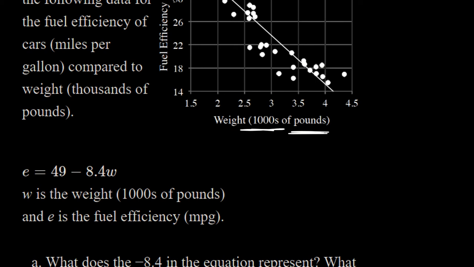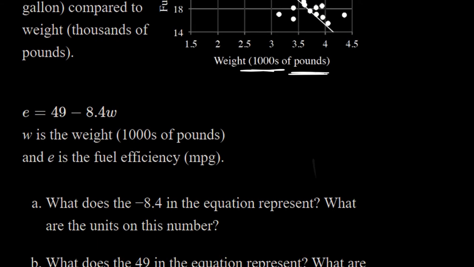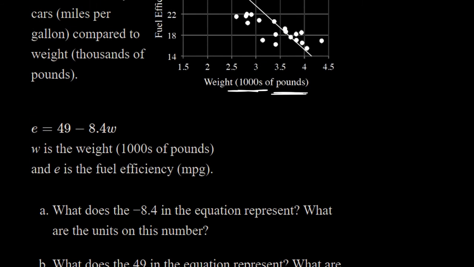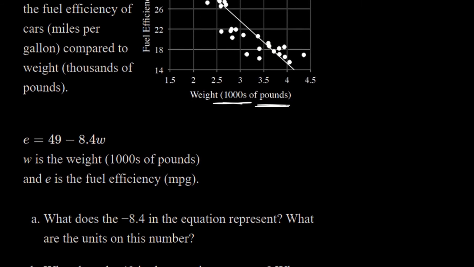W is the weight of the car in thousands of pounds, and E is the fuel efficiency measured in miles per gallon. So the first question we have is, what does the negative 8.4 in the equation represent? What are the units of this number? Well, the units of that number would be miles per gallon per pound,